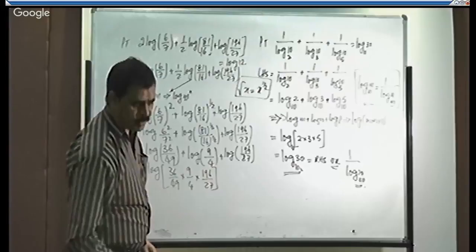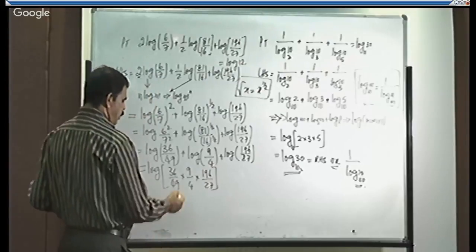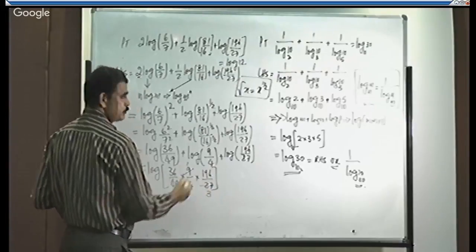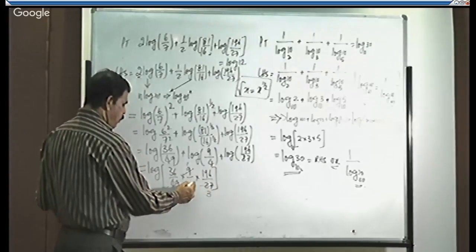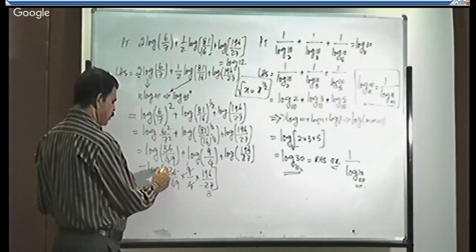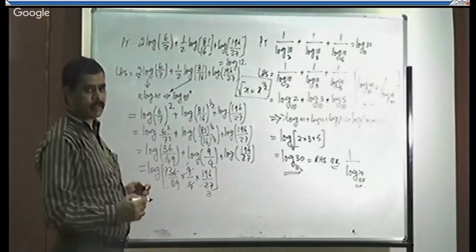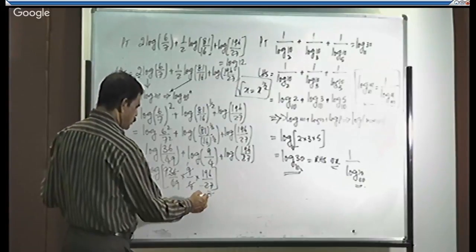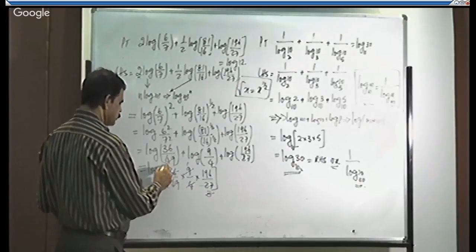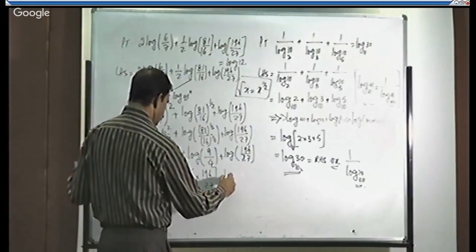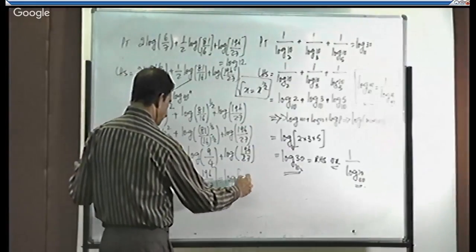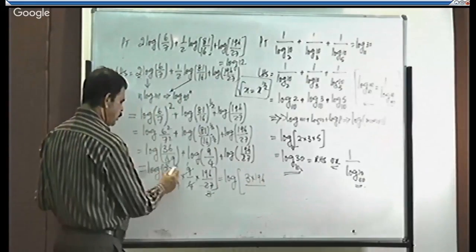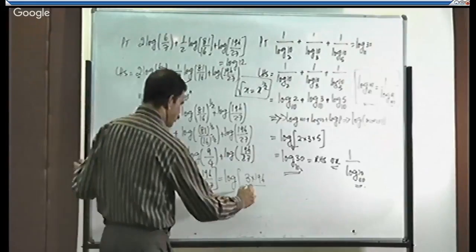Simplify them. Just simplify them. 9 1s are 9, 3 3s are 9, right? 4 1s are 4, 9 4s are 36. Correct. 3 1s are 3, 3 9s are 27. So what is remaining? Log of 3 into 196, 3 into 196 divided by